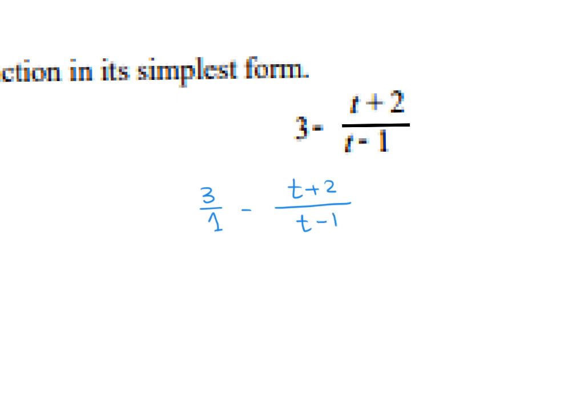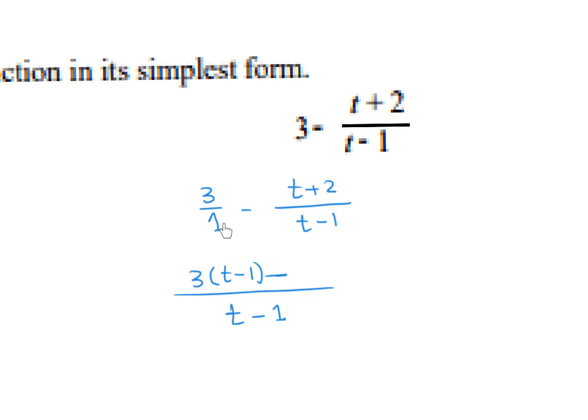If you have two fractions, you can multiply the denominators and cross multiply to get the numerator. So 1 times t minus 1 equals t minus 1. Then cross multiply, 3 times t minus 1. So 3 bracket t minus 1, minus